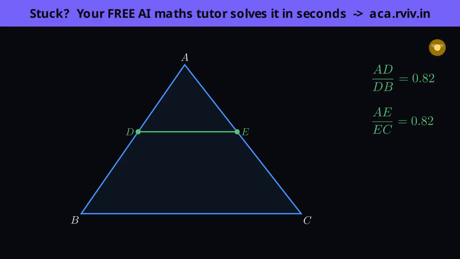That is the basic proportionality theorem, also called the Thales theorem. A line parallel to one side of a triangle divides the other two sides in the very same ratio. It's not a coincidence you have to memorize, it's the similar triangle scaling we just saw, happening at every height. But I want you to see that parallel is essential, it's not decoration. Watch what happens the moment I tilt the line even slightly.